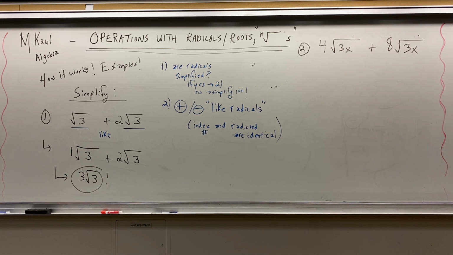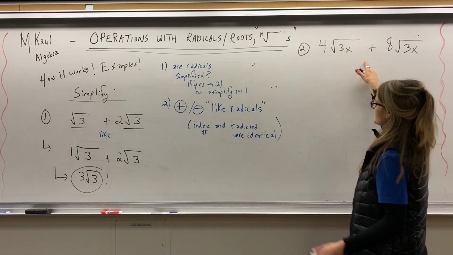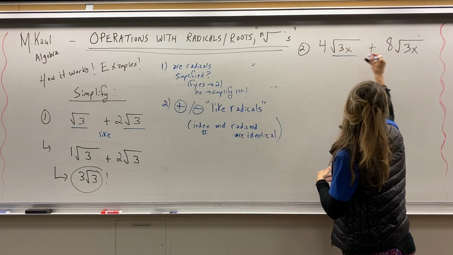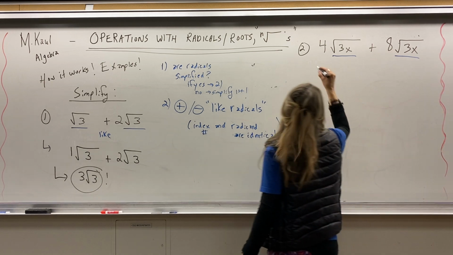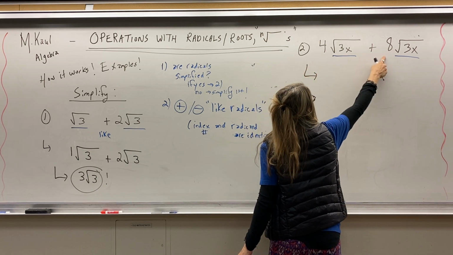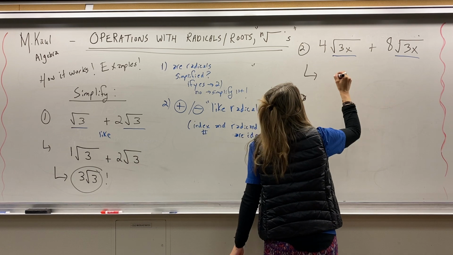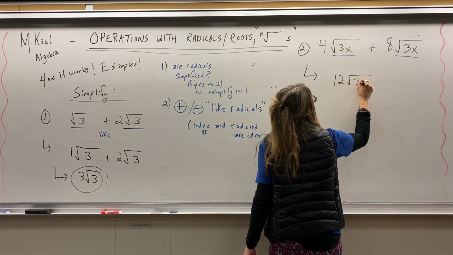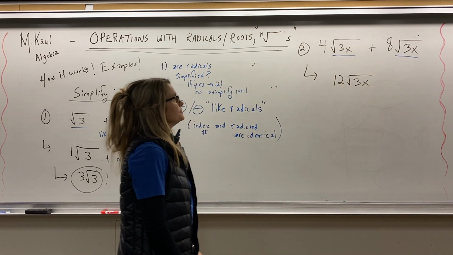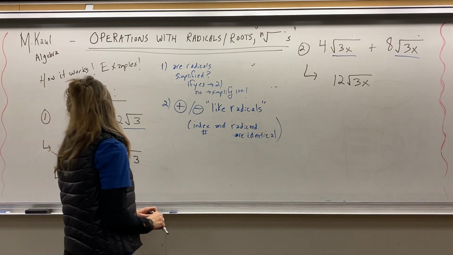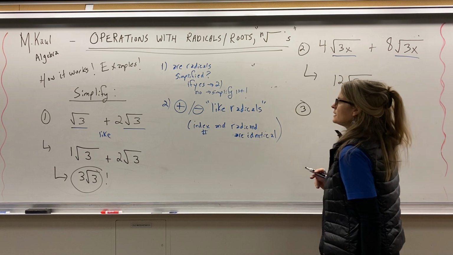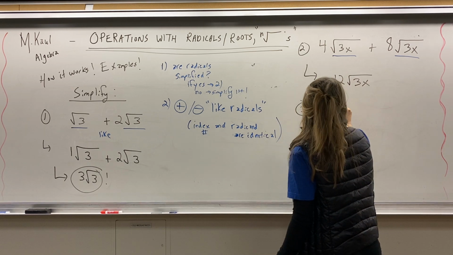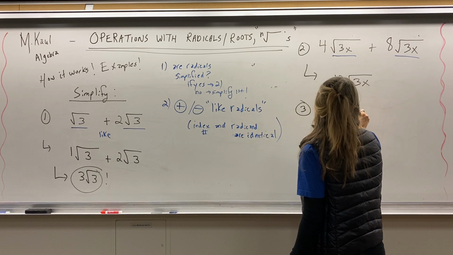So in this case, again, we have our radicands. These are exactly identical. I have 4 of these and 8 of these. So I end up with 4 plus 8, which is 12 square roots of 3x. Wonderful. Okay. Now, what if I had, in part 3, the square root of 3x squared